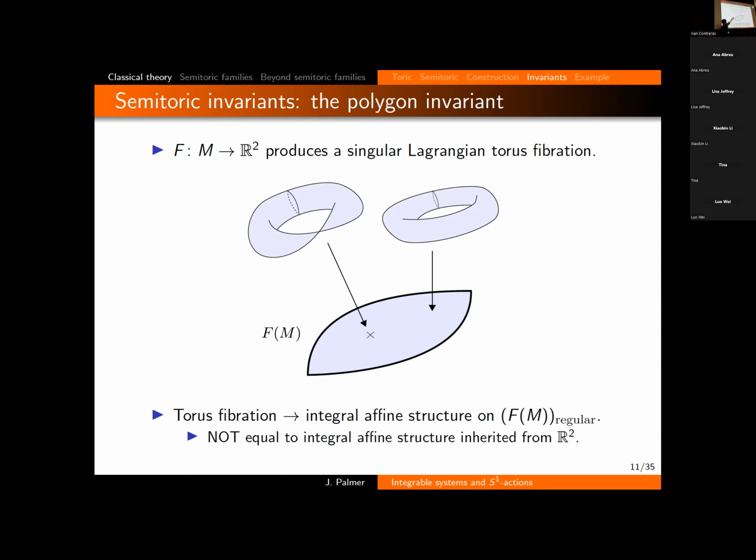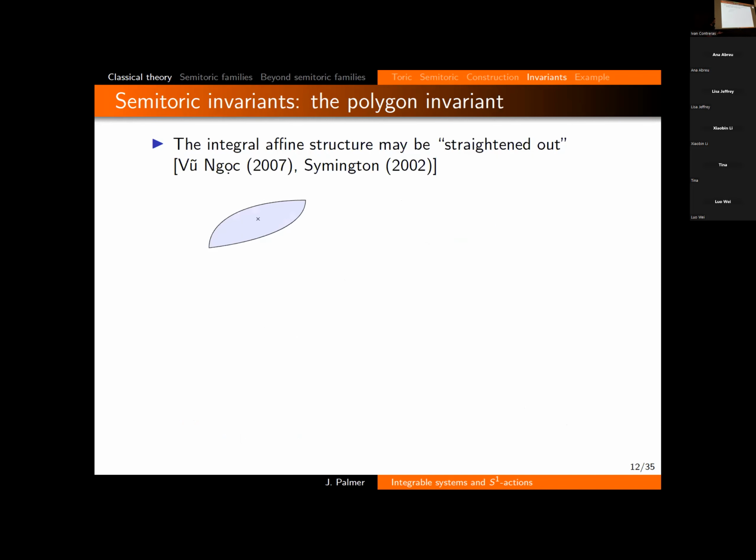But in a semi-toric system, you're not so lucky. In fact, you can't just straighten it out because the affine structure and the torus fibration have some monodromy around this point. So what that means is I can't just say, oh, I sent it into R2, but the affine structure is wrong. Let's just compose with some diffeomorphism to straighten out the affine structure. The monodromy inhibits that. But there's a simple idea to fix this, which is due both to San Vu Ngoc and to Margaret Symington,